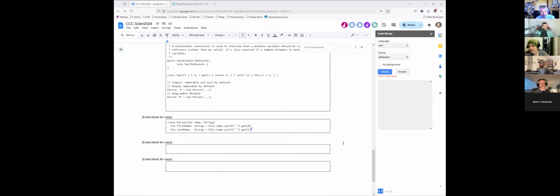But you slightly adjust the representation both in the AST and in the IR such that